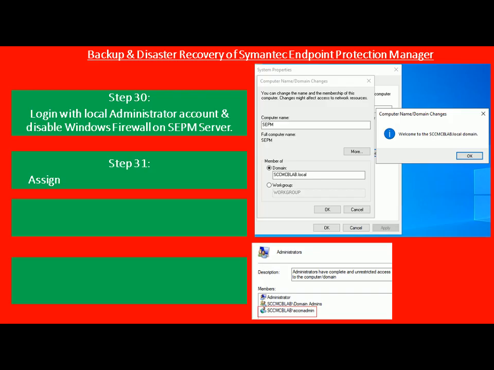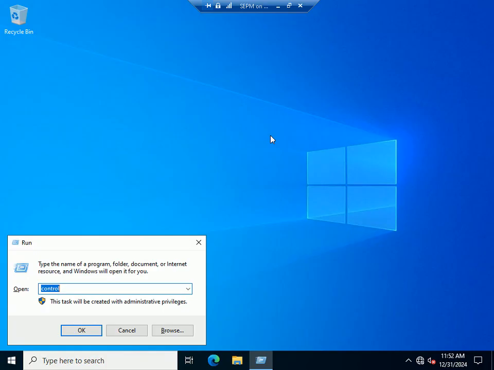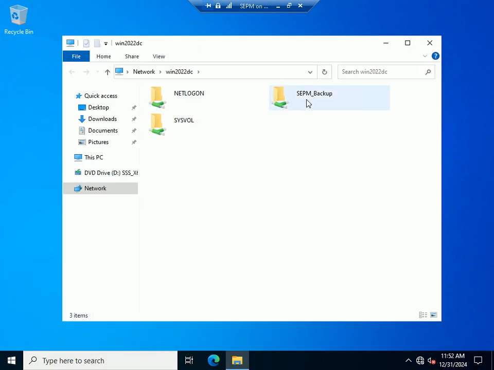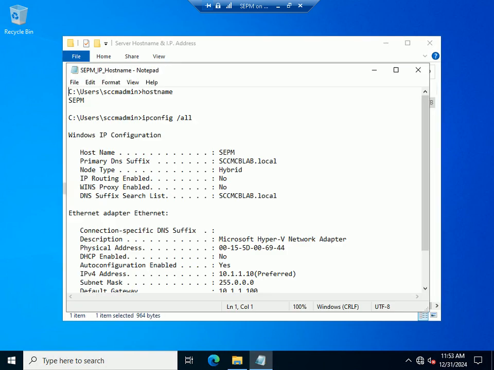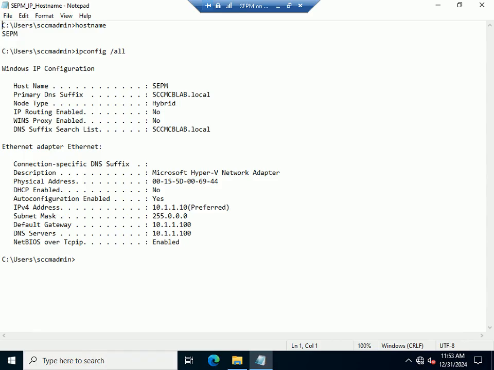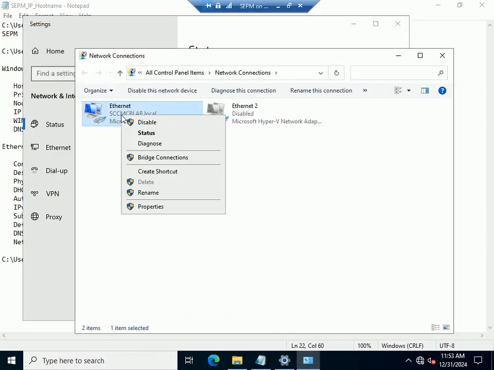Next step is we need to assign the original IP address to the SEPM server, right? So what was the original IP? If you remember, we have taken the backup of the IP of the SEPM server. So I'm going to that share and I will open server hostname and IP address, and you can see the original IP was a static one for domain connectivity, 10.1.1.10. So what I'm doing is I'm going back to my machine and